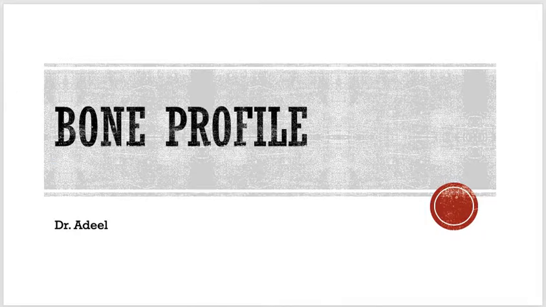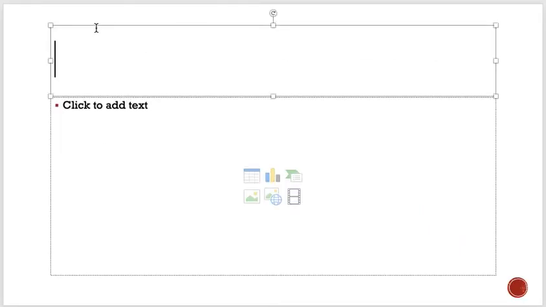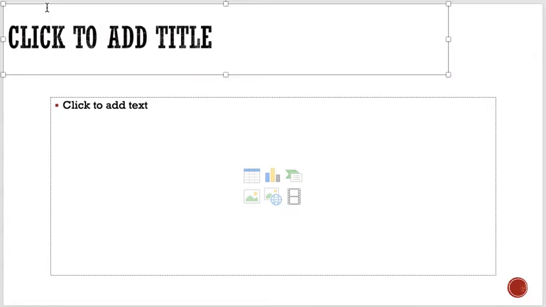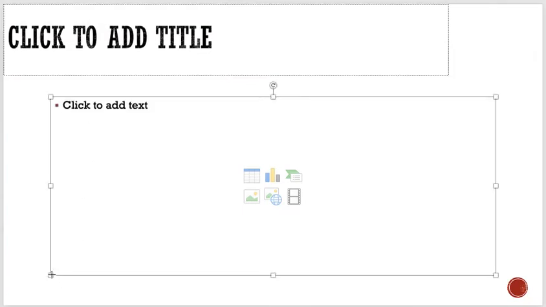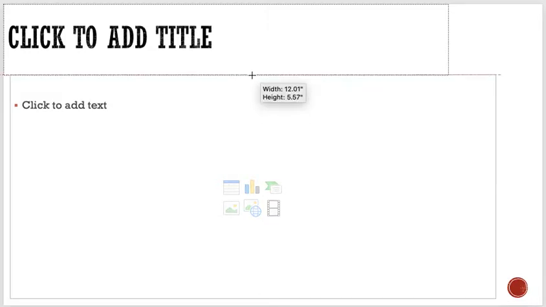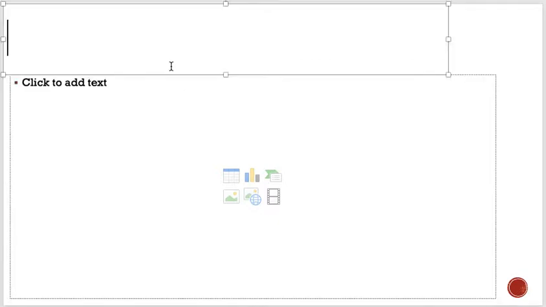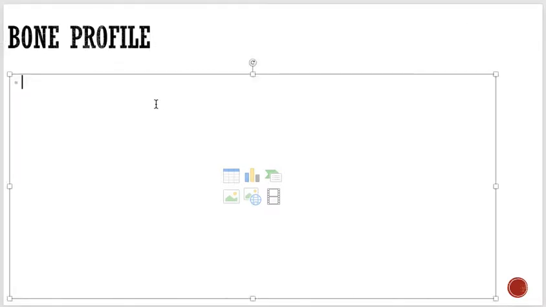And again, I always say this thing: the basic sciences are very important in understanding all the next subjects. So, a little introduction, a few things we must know before talking about the bone profile. In healthy persons, what's going on is the bone